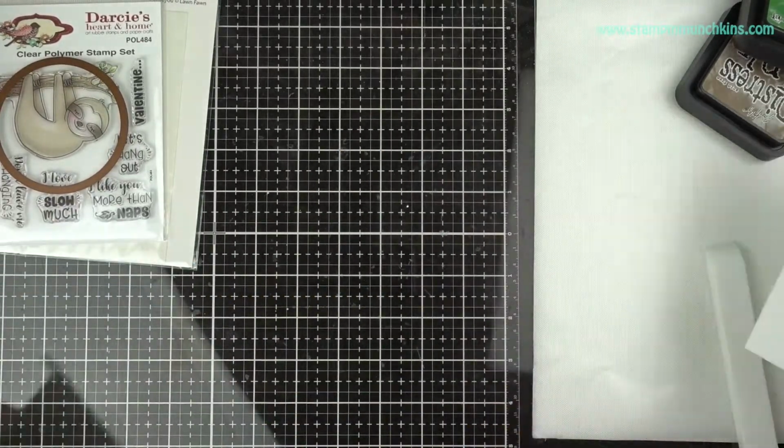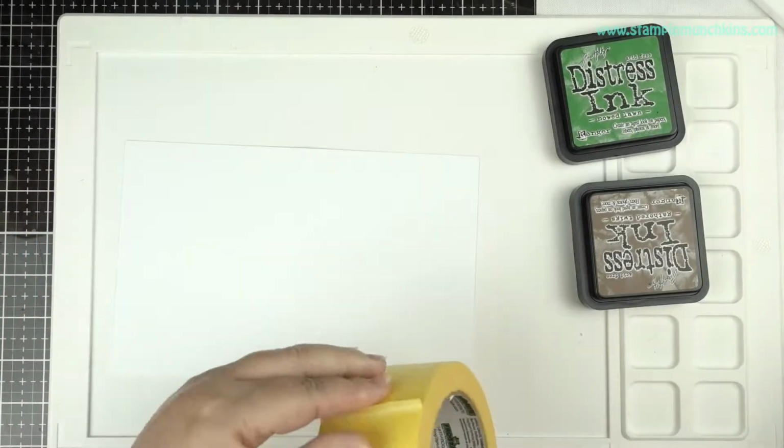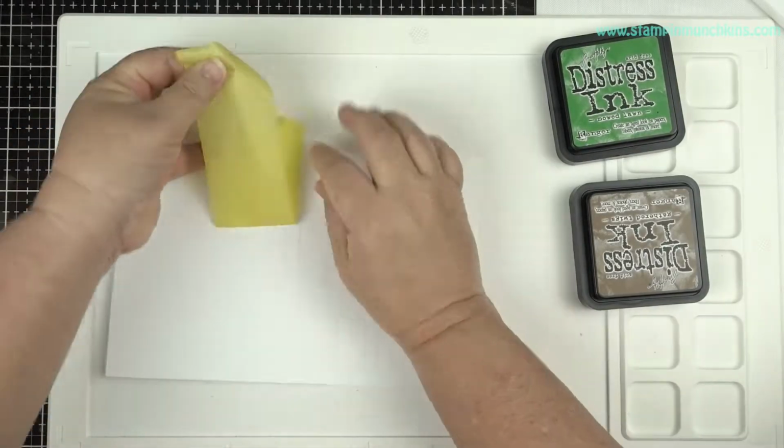So first of all, I cut my accent card base. There will be no layering on this card, and scored it at 5.5. I'm using my frog tape to put it on the middle so that I don't go to the back of